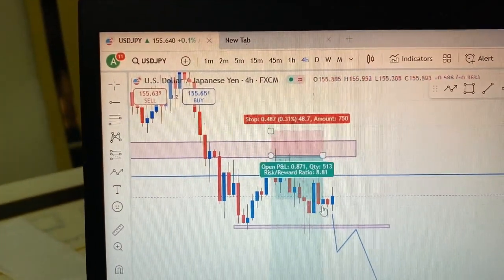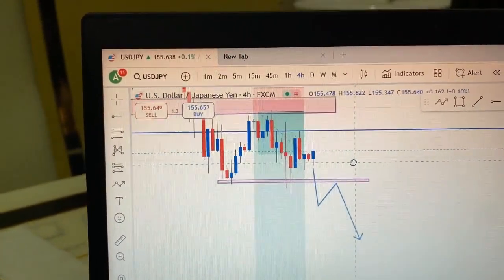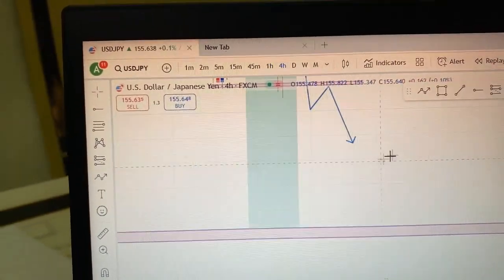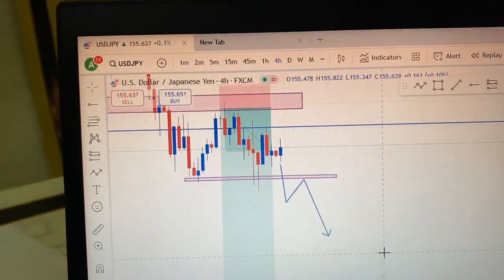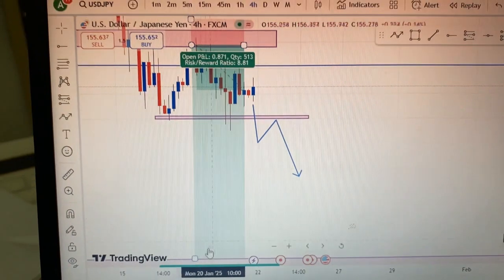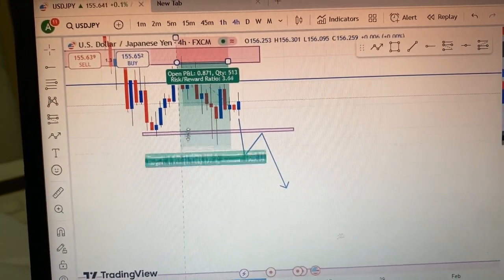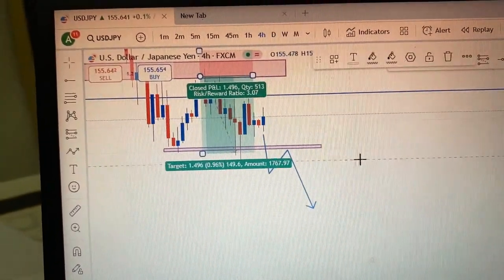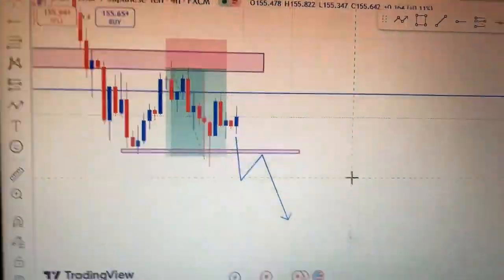So this is for USDJPY, and I believe it still has some potential to go to the downside. The take profit is so massive. Now, some people could say, why don't I just end my take profit somewhere here? And this is like a 1:3 risk to reward, in which, yeah, I would have done it. But still, to be honest,